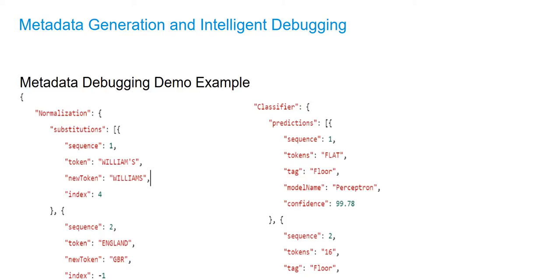What I mean by this is, when an input address comes, certain changes are made to the address in the normalization in the pre-ML stage, and then predictions are made and confidences are calculated. Now, if we want to evaluate the addresses on which our model is not performing that well, we need to have an intelligent debugging system. We cannot always go to the code base and look at which part of the pipeline went wrong. So let me just